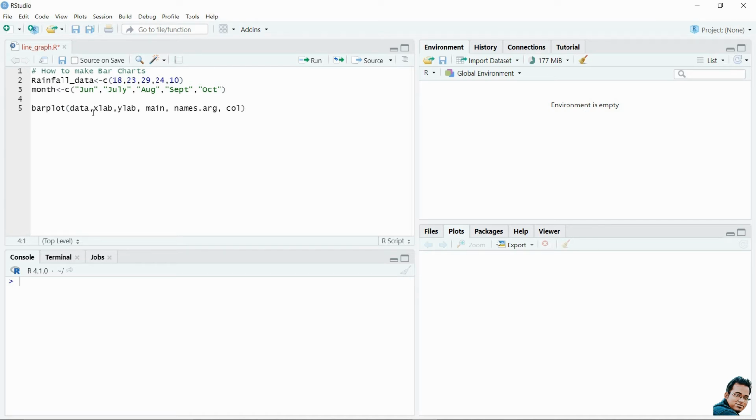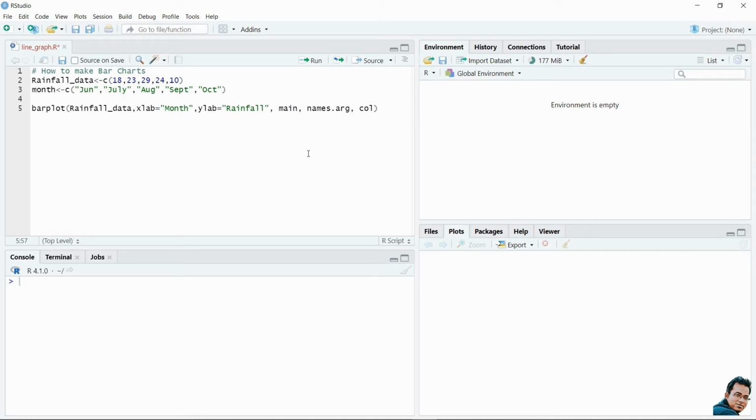So we'll replace this data by rainfall data. Our ylab is rainfall, sorry, this one is our y-axis title, and the x-axis label is month.